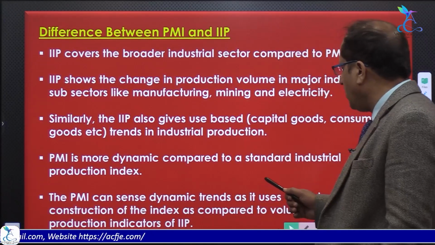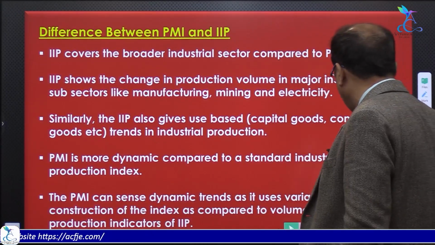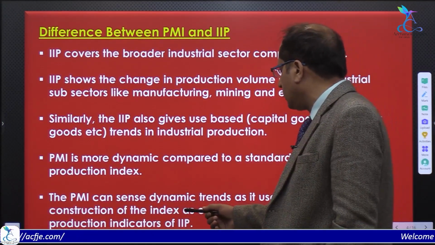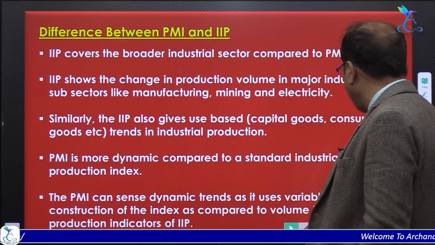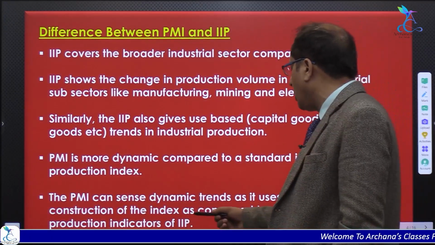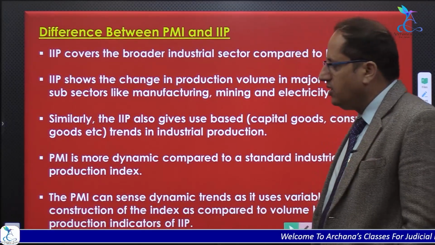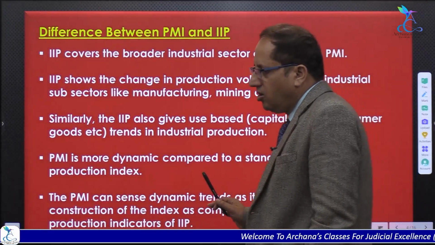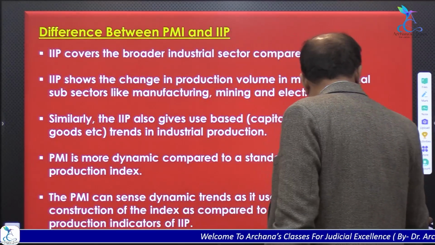The PMI can sense dynamic trends as it uses variables for construction of the index, as compared to the volume-based production indicator of IIP. ये सारा प्रोडक्शन इंडिकेटर है और उसी तरह ये काम करता है प्रोडक्शन इंडिकेटर की तरह।